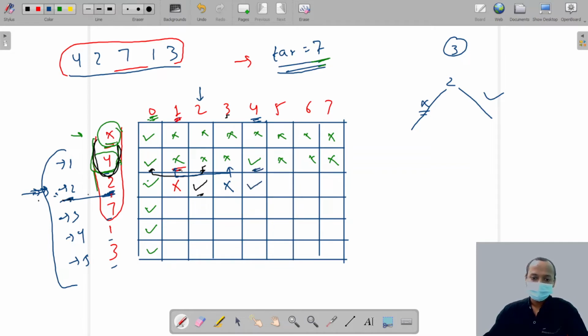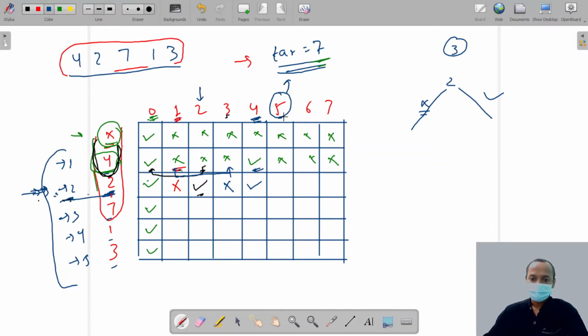So we just write tick. It means if without him the rest of the players are able to make 4 runs, then whether we include him or not, there is no difference, we can achieve the target. So we just have to achieve the target with him or without him. If we achieve it, then we simply return true, right?